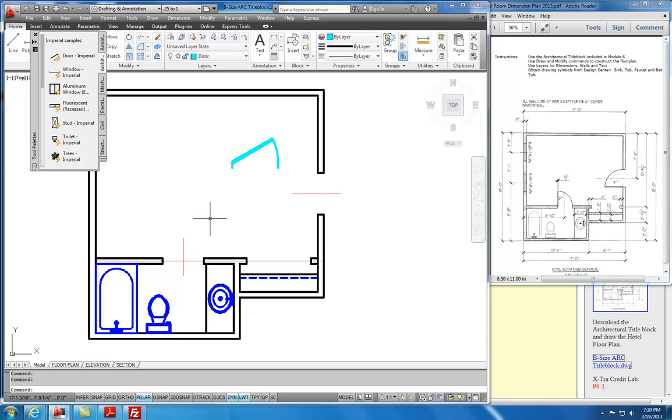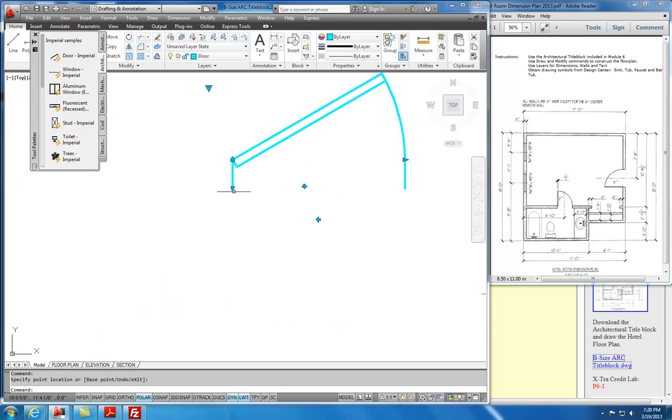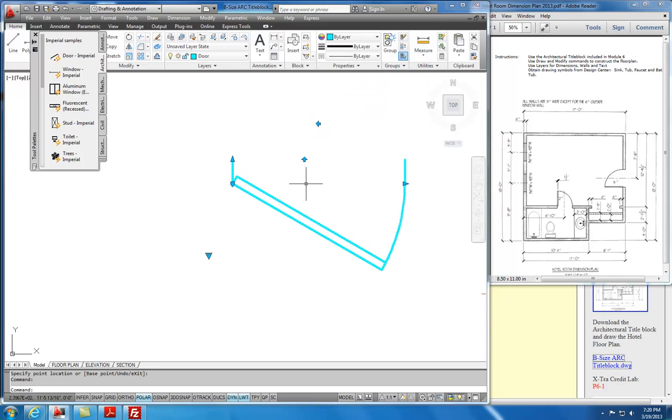And this is what's known as a dynamic block, meaning I can change the size of it. So if I click on it and hover over this arrow, it will give me the size of the door. And I'll click on that and bring it back to 3 inches. And then I'll also check some of these other parameters, like the size of the wall. I'll bring that to 5 because it's an interior door. And then I'll also click on this line,